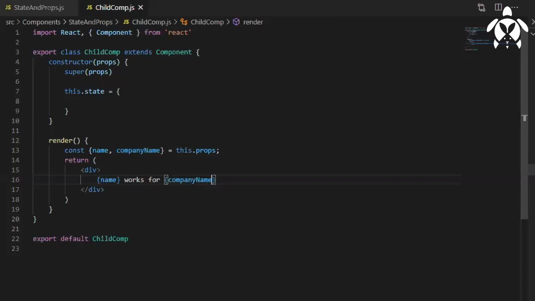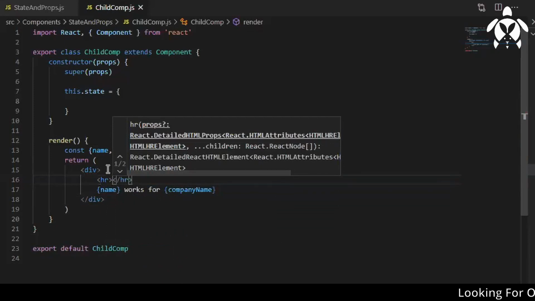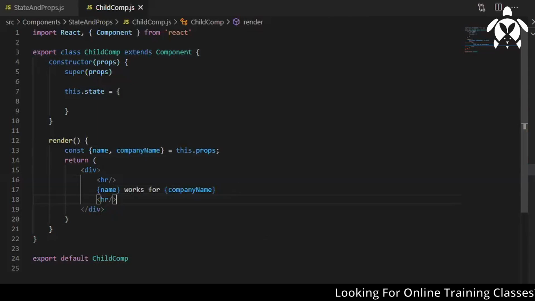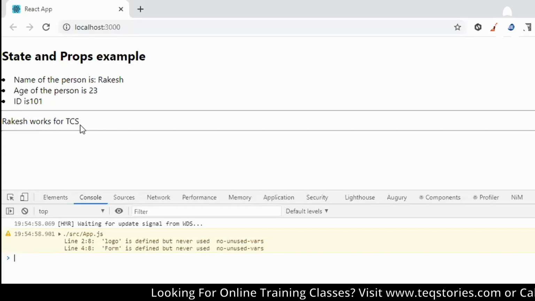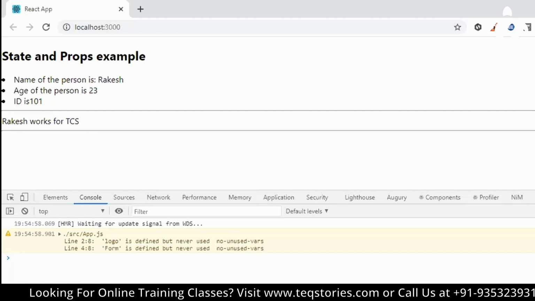Let's check the output. Let me also add a simple HR so it separates this from the other component, and we understand it is coming from the child component. You can see "Rakesh works for TCS" is showing. In this way, we have passed the data.